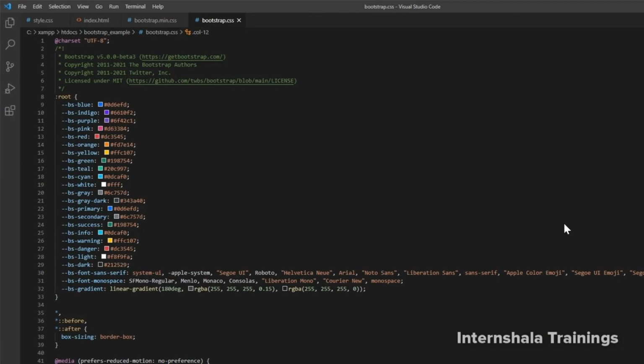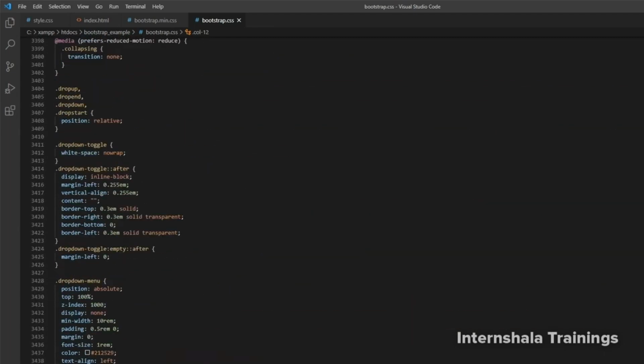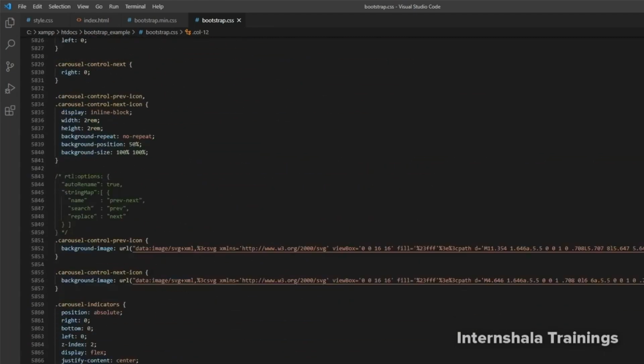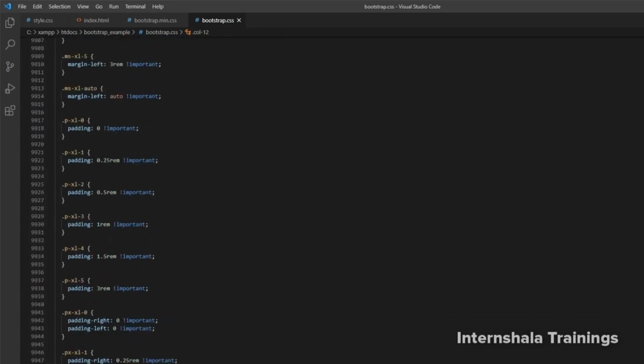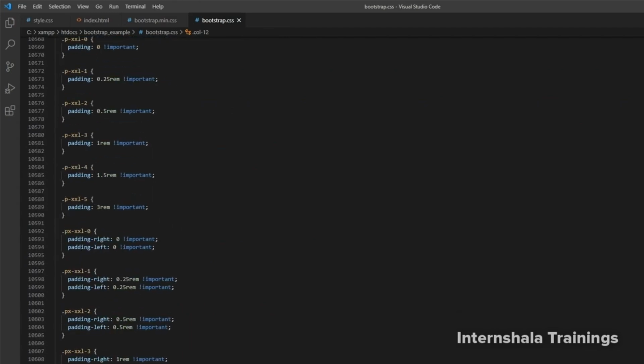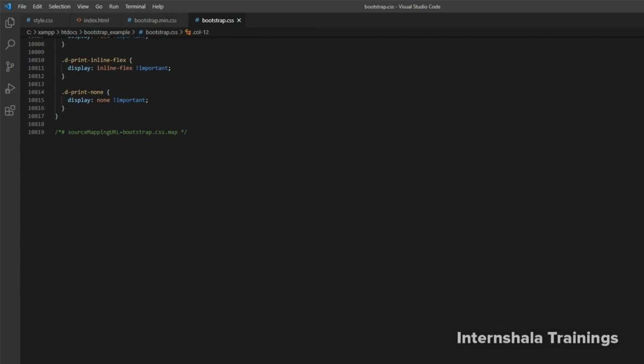As mentioned in the previous topic, Bootstrap is a CSS library, or a CSS file, that contains some pre-written CSS code. So, in bootstrap.css, you can see it comes with a lot of predefined CSS. You can see that there are more than 10,000 lines of CSS already present in this file. So, it becomes important to understand this file in order to use Bootstrap in our HTML. As most of the CSS is already written, we will try to use it more in our code so as to write minimal CSS of our own. In short, we can say that learning Bootstrap is learning bootstrap.css because this is what we are going to use